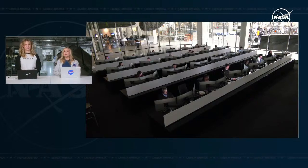And so all of those boxes were checked. Pensacola was considered prime, and we are hearing that the weather there is just perfect. The wave height is very minimal, so looking forward to see the crew splash down here in less than an hour. Absolutely. Now, in general, for return, we start calculating daily return options based off of the space station's current